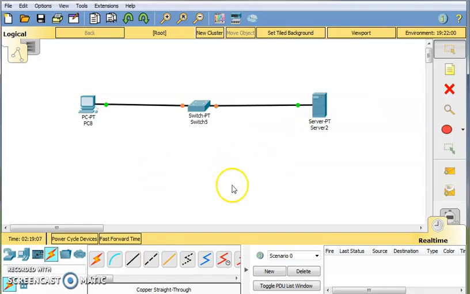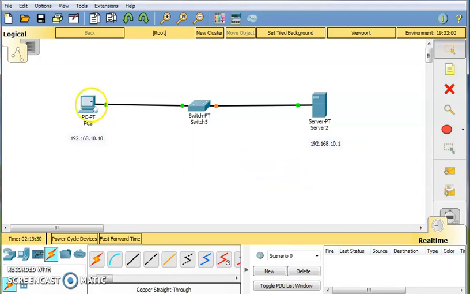Now devices are connected. Assume this address is 192.168.10.10 and this address is 192.168.10.1.